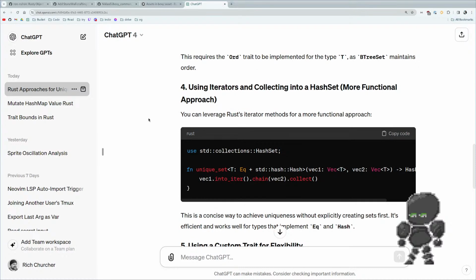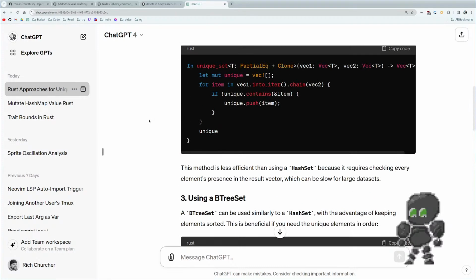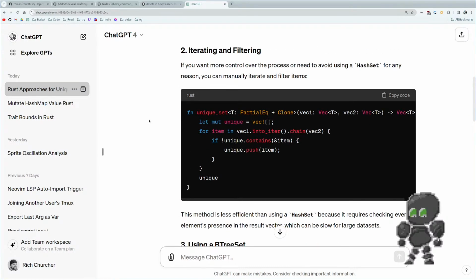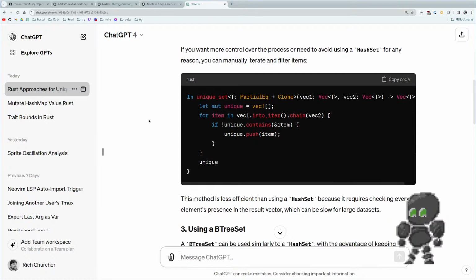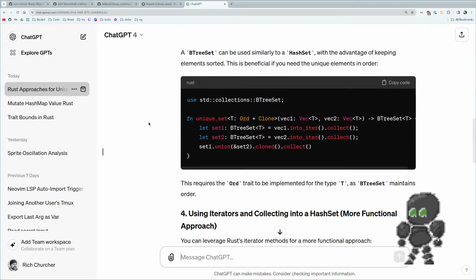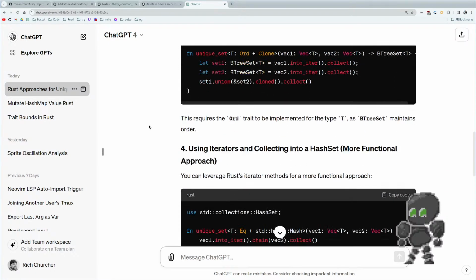I don't think I've ever used a hash set before. Less efficient than a hash set. Sure. I mean, it's not going to be a big data set, but